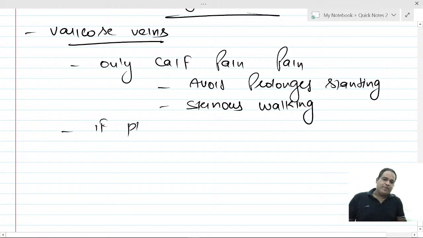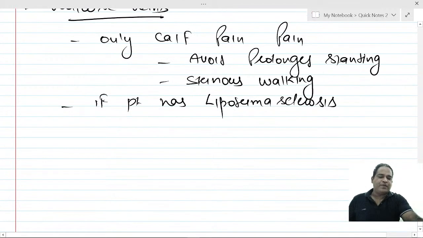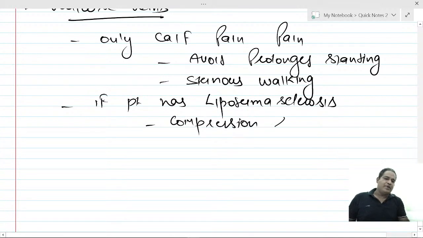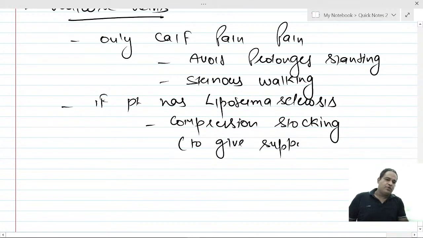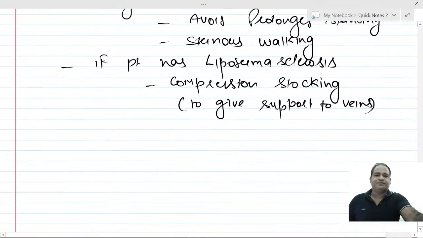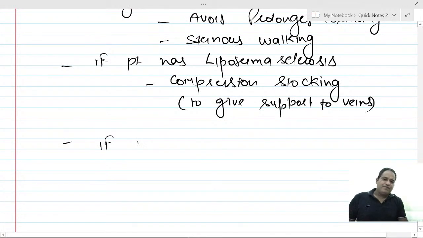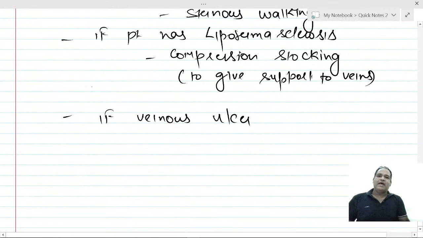If the patient has lipodermatosclerosis, you ask the patient to wear compression stockings. Why? To give support to the veins. Next, if the patient has developed a venous ulcer, in that case